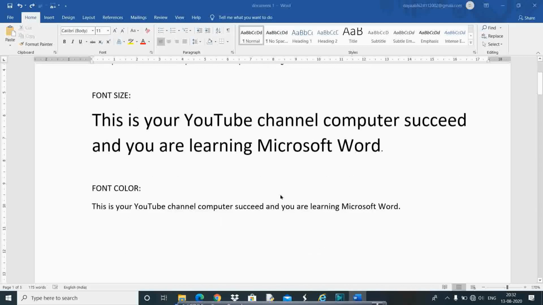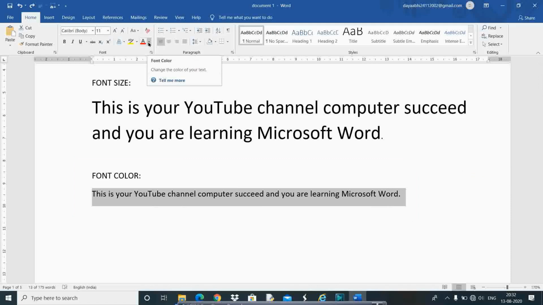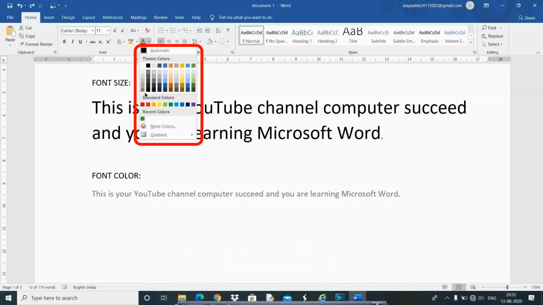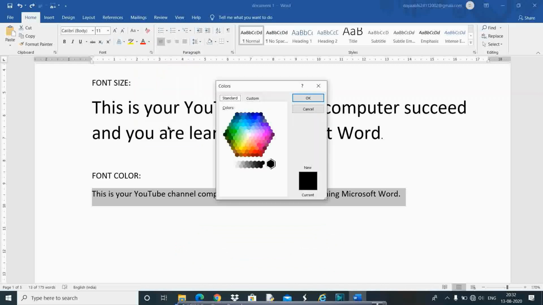Now let's think about font color. First of all, select the text, and to view your options, click the arrow next to the font color command. You can go with one of the theme colors here. Or if you don't see anything you like, go ahead and click More Colors. I choose the green color. This green color should look nice. Then okay.